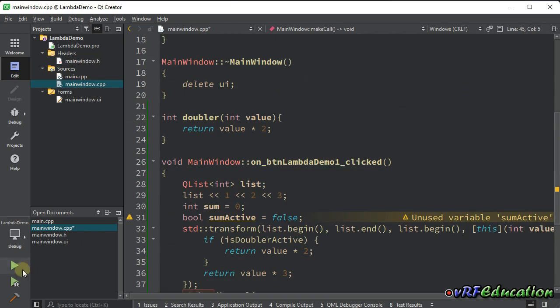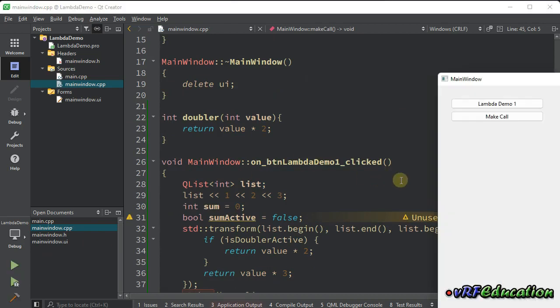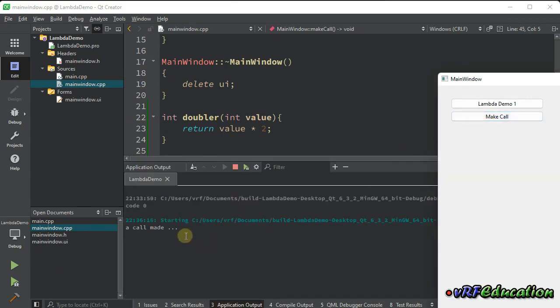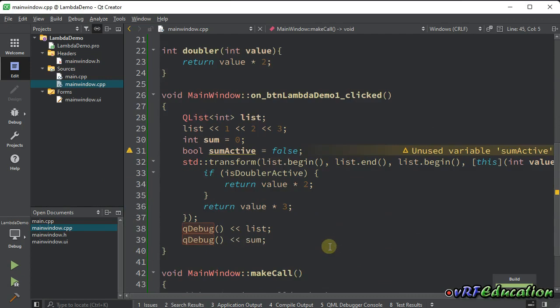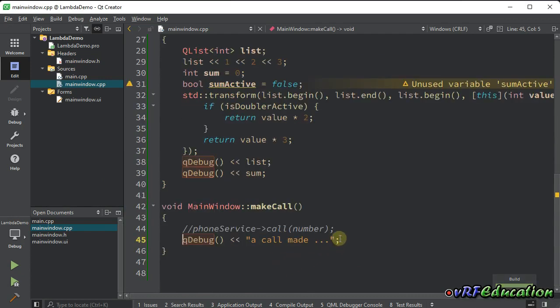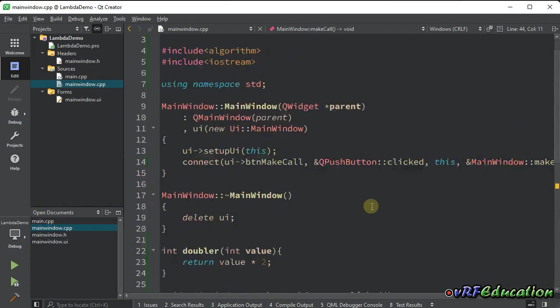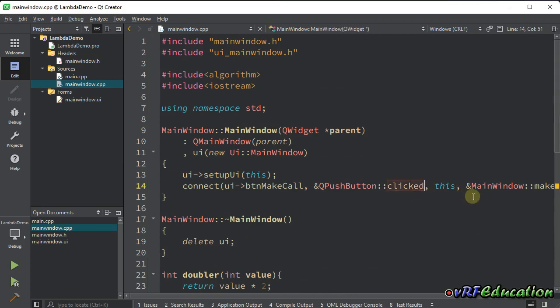So what if I run the application? The output is very obvious. A message will appear inside the output. Now I want to change this type of slot, a simple slot with just one line of code, to a lambda expression. For this purpose,